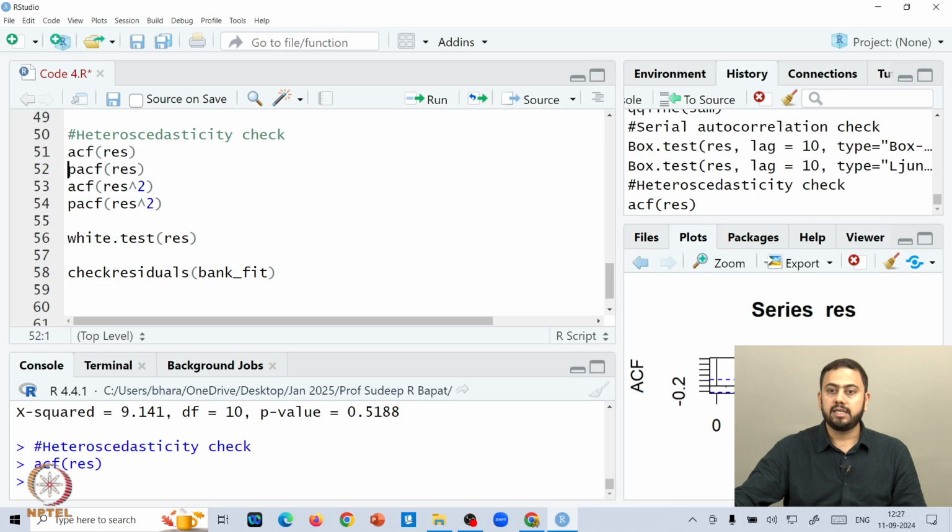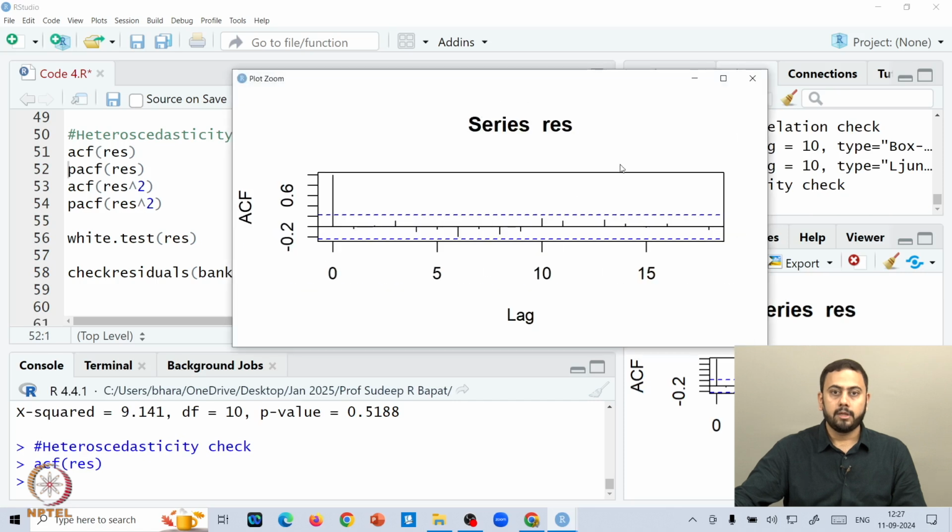If you create the ACF plot and the PACF plot, let me zoom in on the ACF plot first. Again this is the ACF plot of the residual data and not the squared residuals as of now. You can see that apart from the first lag, which is nothing but 0, all the further correlations are inside the bounds, which means that residuals themselves are behaving as a stationary series behaves.